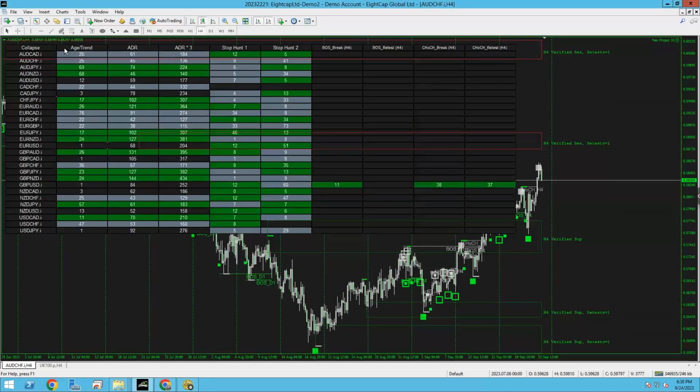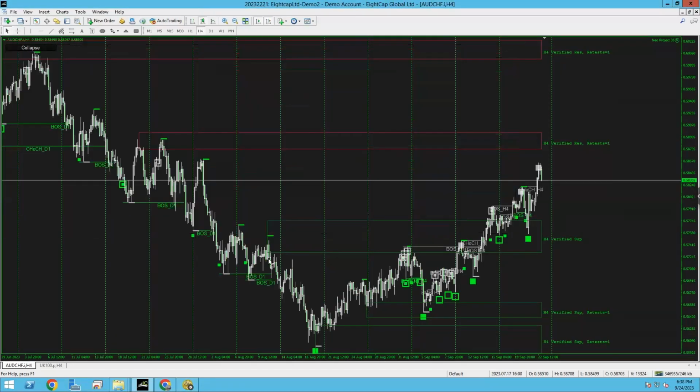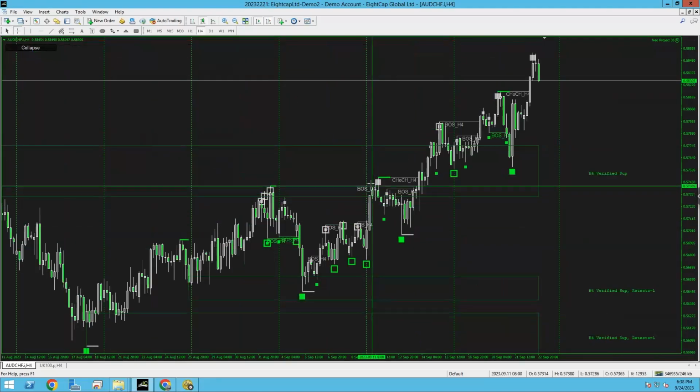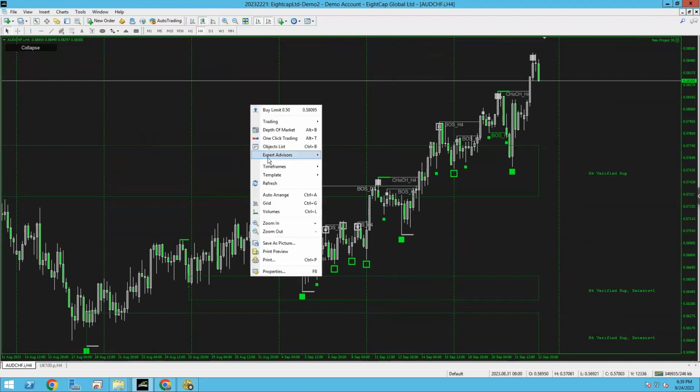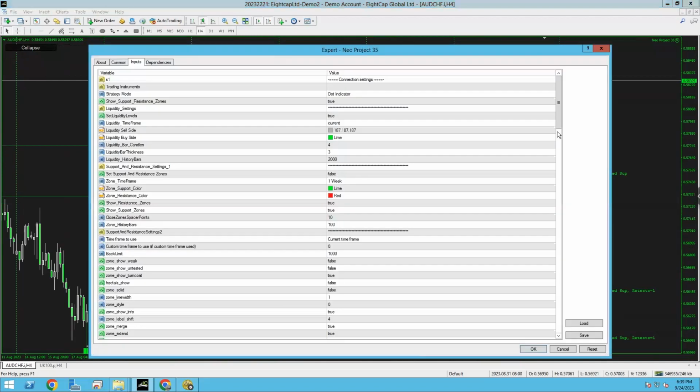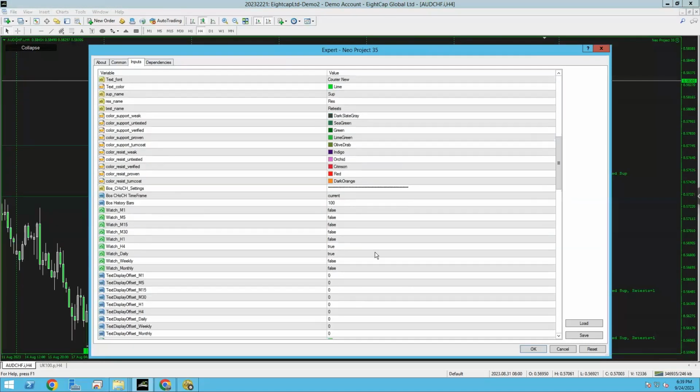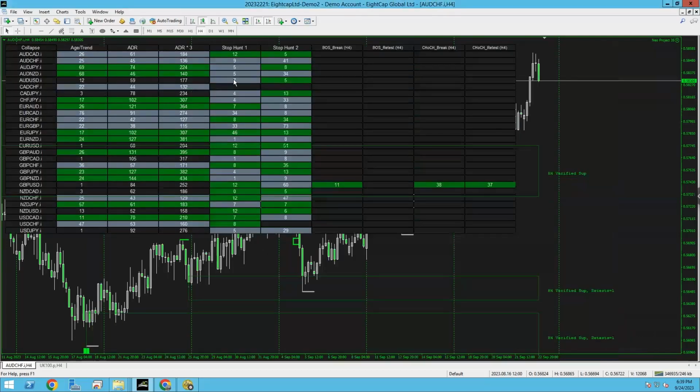So you can see here, I can also see when price action has broken daily structure and 4-hour structure. So I know here that this is a good move because we've got, let's just say, a daily break of structure bullish here, and a 4-hour break of structure after that daily break of structure. I could have just taken a trade like that if I want to, but that's not what we're going to do. If people trade like that in different ways, that's completely up to them, but you have the option of seeing multi-time frame breaks of structure, which is what I'm showing you. Now we're just going to go back to expert properties. I'm just going to switch that off. I know there's some people here that don't have Neo, so I just want them to understand the last update and why that update was super duper.